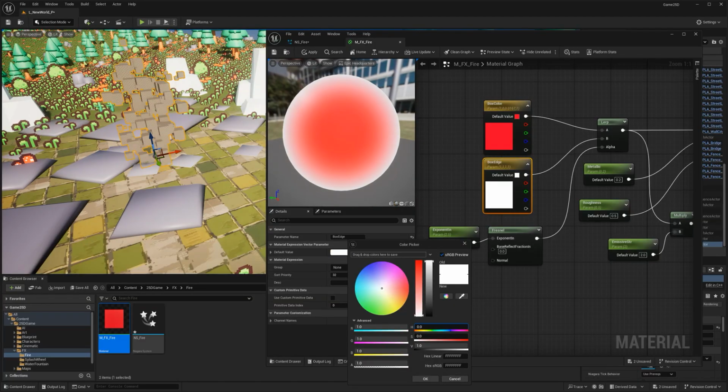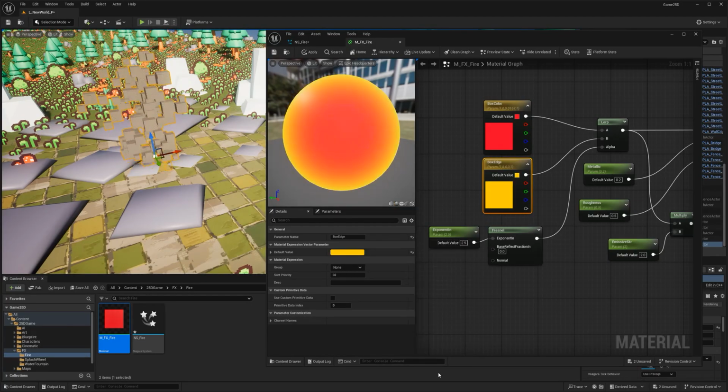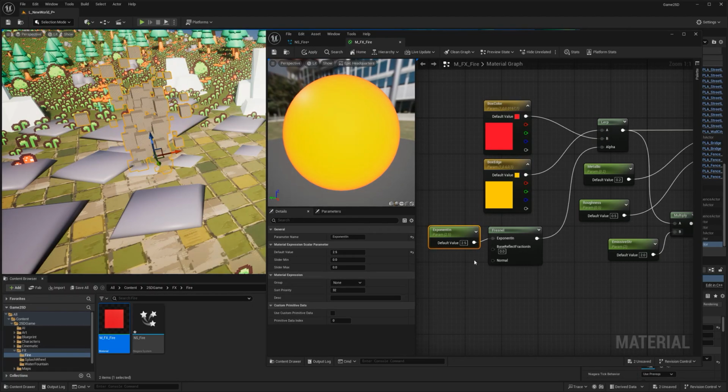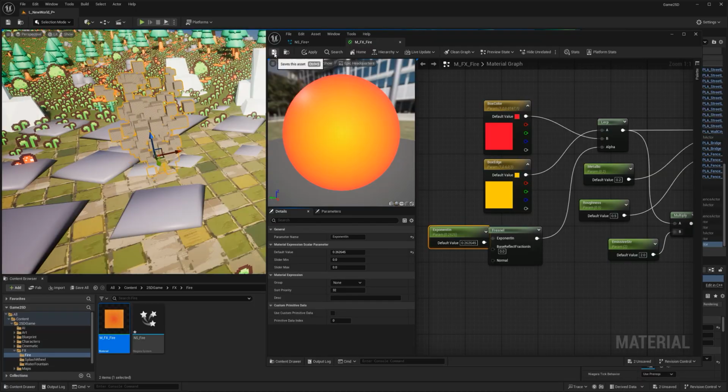And a yellow. Or orange. Or should be the opposite. Should be orange around and red in the corner. I think so, right? Now I'm confused. I'm not entirely sure what would be the best way to display. So we're just going to do trial and error. There you go. Save.